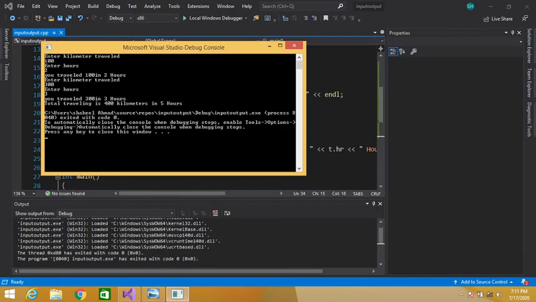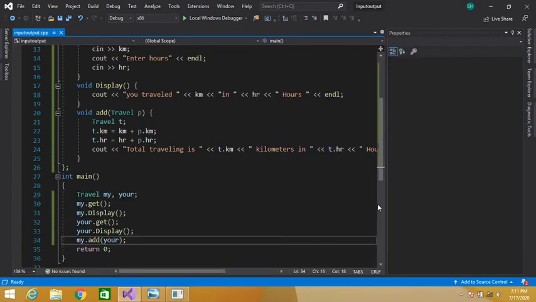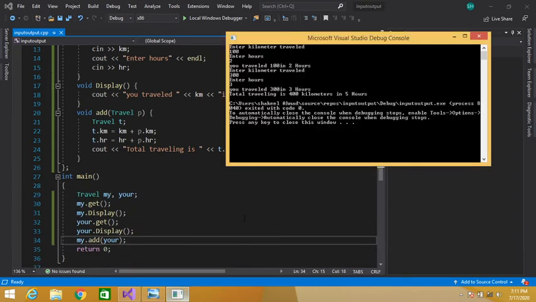So you traveled 300 in 3 hours, and then our add function is called. It displays the total traveling: 100 kilometers plus 300 kilometers is 400 kilometers, and 2 hours plus 3 hours is 5 hours. So total traveling is 400 kilometers in 5 hours.